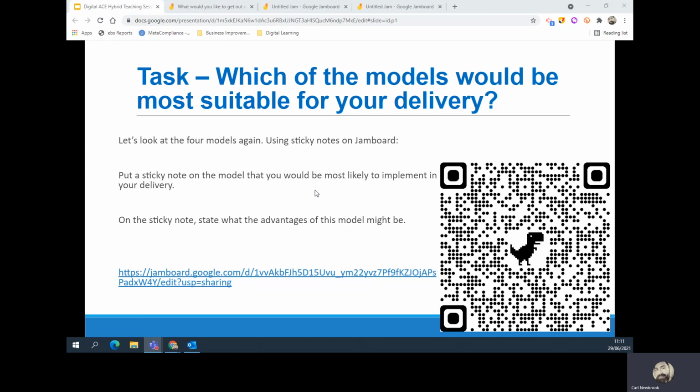I've put a little task for you. You can do it while you're on the video if you wish. You can look at the four models again using the Jamboard, and if you wish, you can either scan again, use the QR code to scan this in if you wish to do it on your device. You can try it out. What you'll get when you scan that QR code